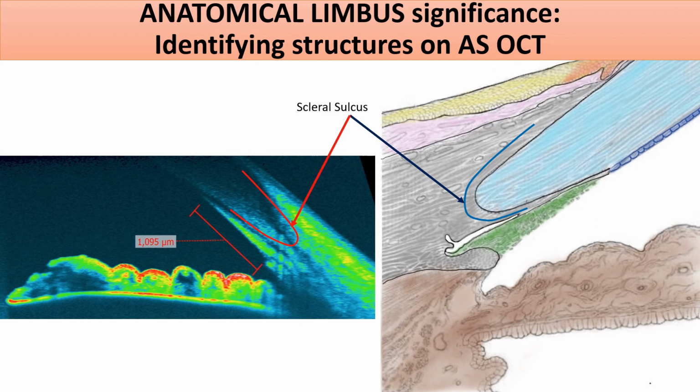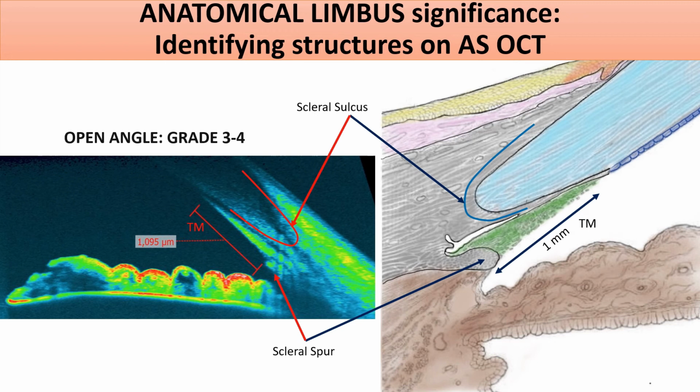We can also see this triangular structure of the trabecular meshwork, similar to how it actually appears in the schematic photo. Now just behind the trabecular meshwork, we can also see the scleral spur as a protrusion. You can see that I have measured the distance from the Schwalbe's line, which is the start of the trabecular meshwork, to the scleral spur, which comes to about 1 millimeter as shown on this OCT measurement. Again, this is similar to what we have seen, as this zone is 1 millimeter. So thus we can say that this OCT image shows a wide open angle by Schaffer's grading, about grade 3 to 4.